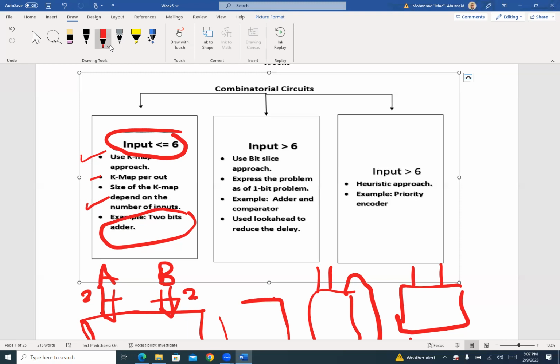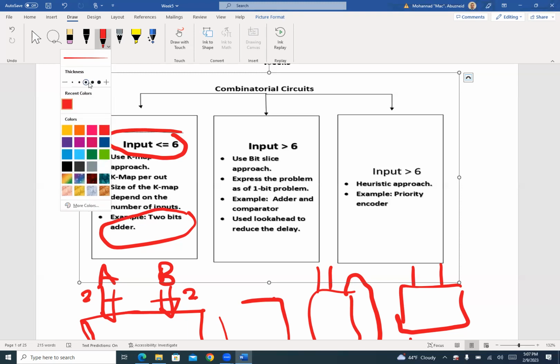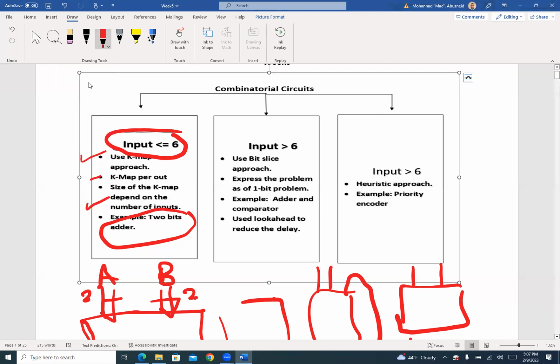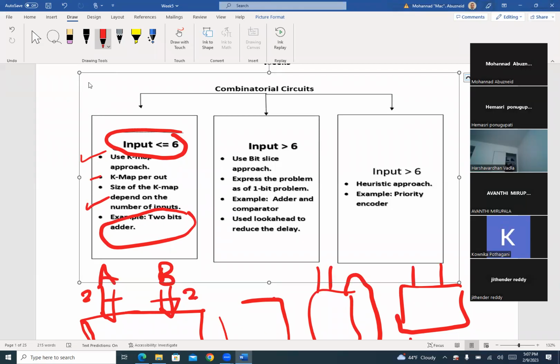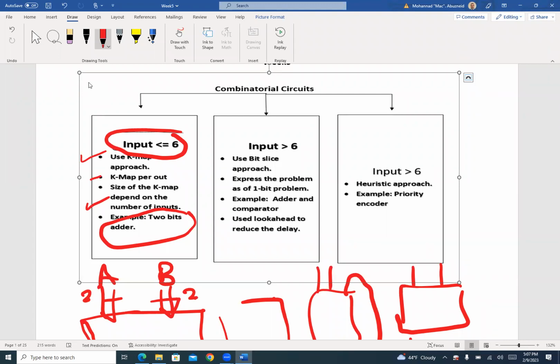First, let me change the font here. As we mentioned before, in the combinational circuit, if the number of inputs is less than or equal to 6, we use the K-map. If it's more than 6, we use the slice approach. And the third approach, if it's more than 6, is the heuristic approach. What does that mean? Somebody found a way, without following a specific standard, a unique way to do the design, where you don't have to use a K-map